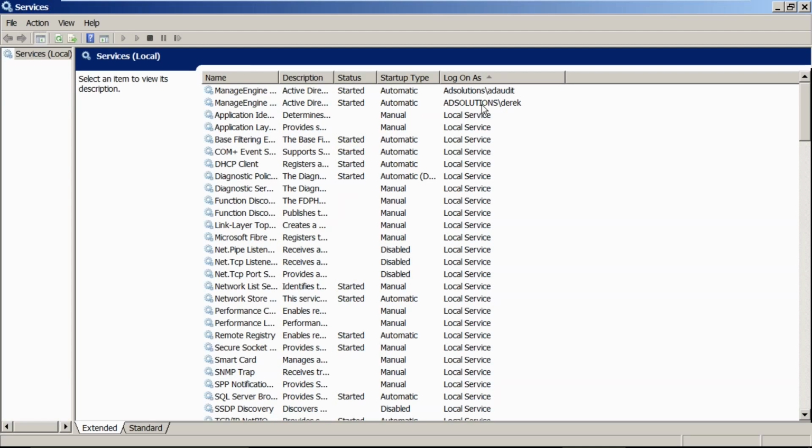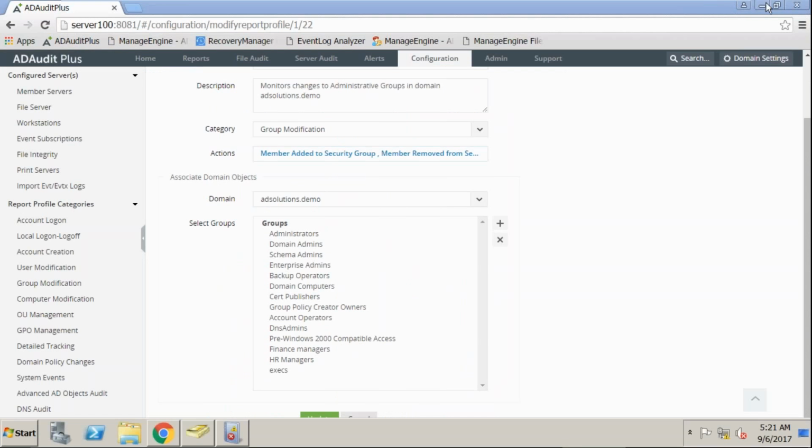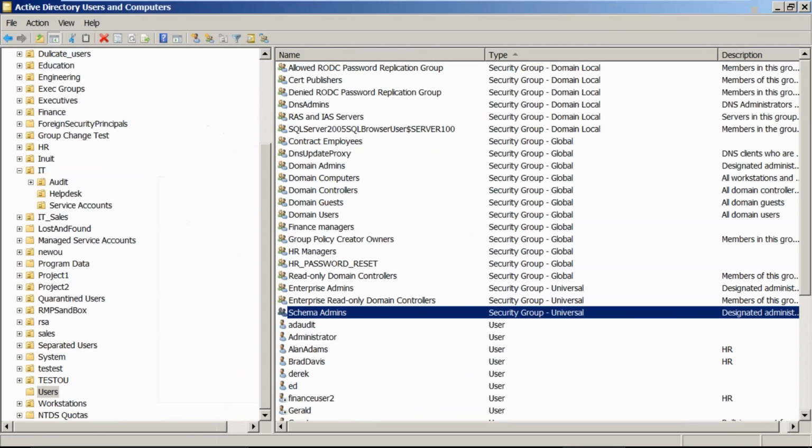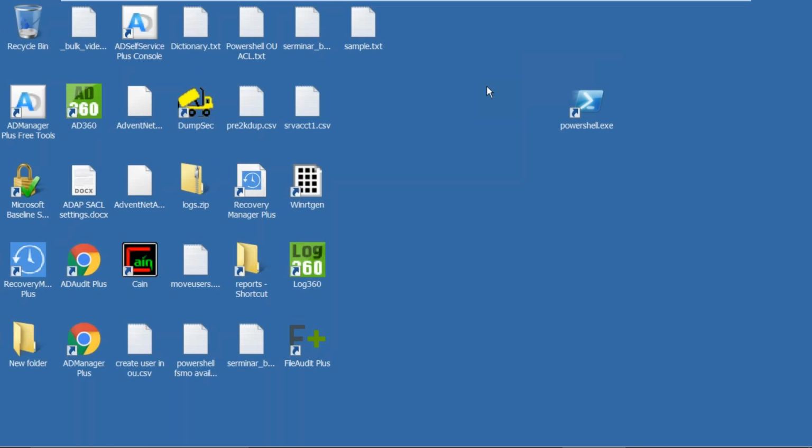Now, this is one server. How many servers do you have? 100, 500, 1,000? I've gone into organizations that have over 2,000 servers. You're telling me that they have to go run this report 2,000 times to try to get the information? Well, the answer is no. One of the things that I did, which was personal to me, of course, when I came to Manage Engine, was I asked the development team if they could develop a tool to help other administrators with this. And inside of our free AD Manager tools,